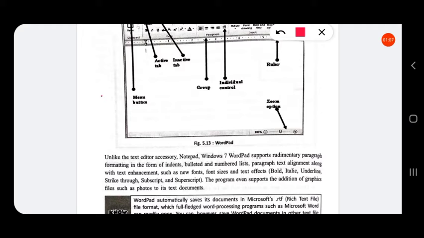So these all functions can be performed on text using WordPad. The program even supports the addition of graphics, such as we can add photos, animations to the text document.